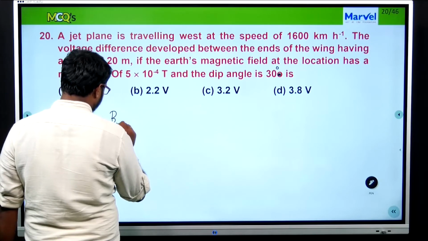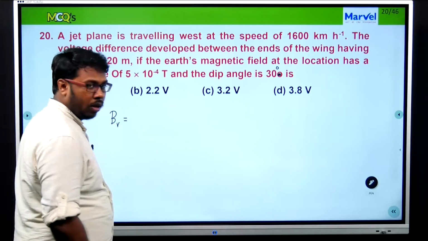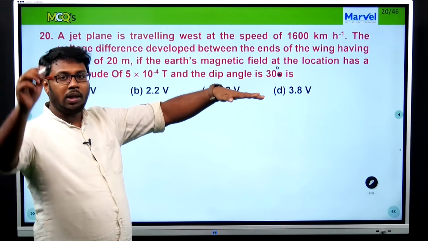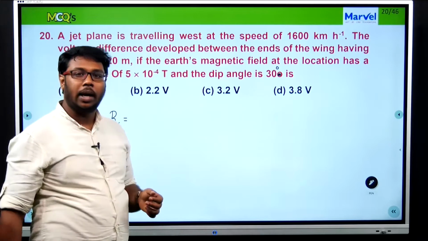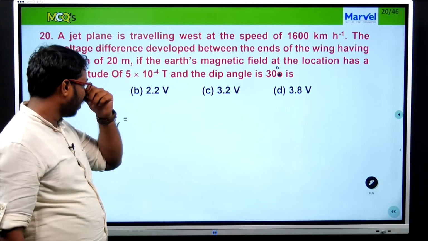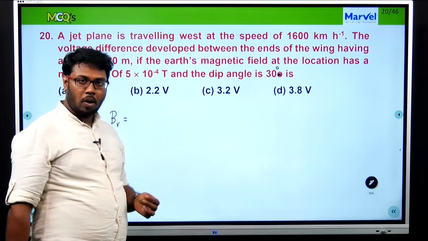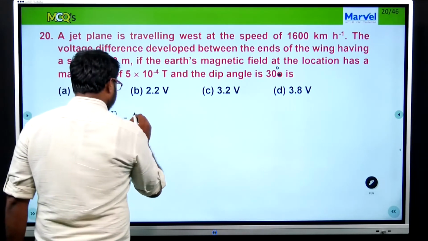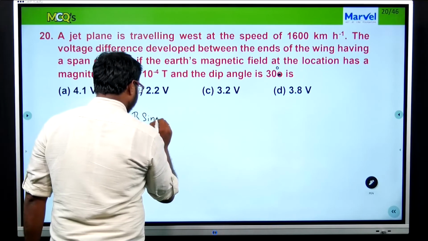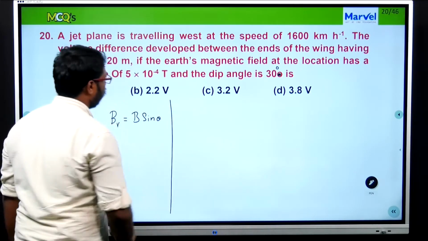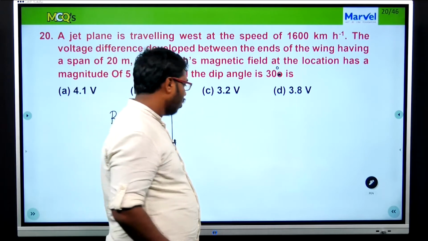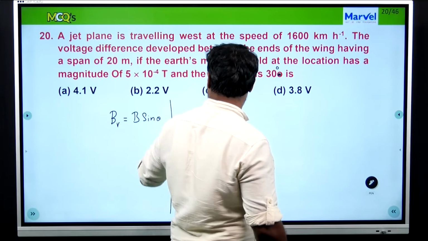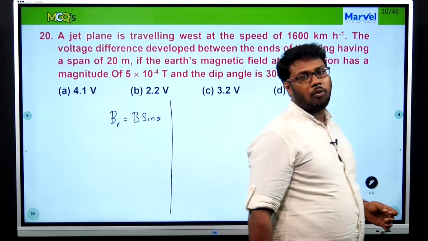vertical component of the magnetic field is what we have to take, because the plane is going to fly in this way. Only the magnetic field that is perpendicular to its area is going to produce the necessary voltage that we are getting. So I will only take the vertical component of the magnetic field, which is B sin theta. With this I will start doing everything. We are required to find B first, since we are already aware of what theta is.